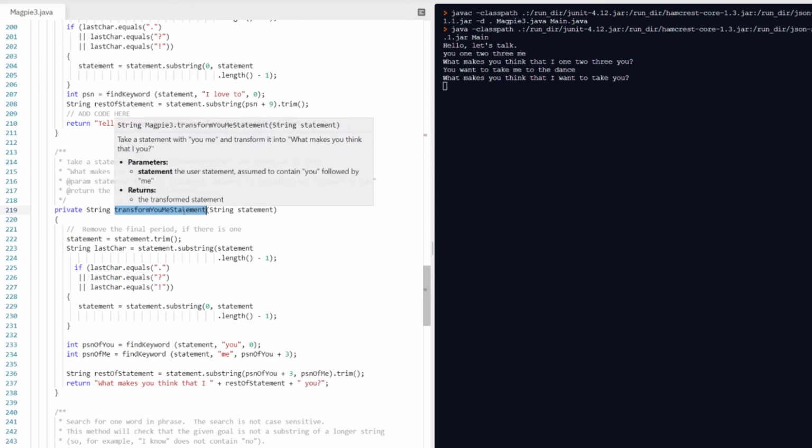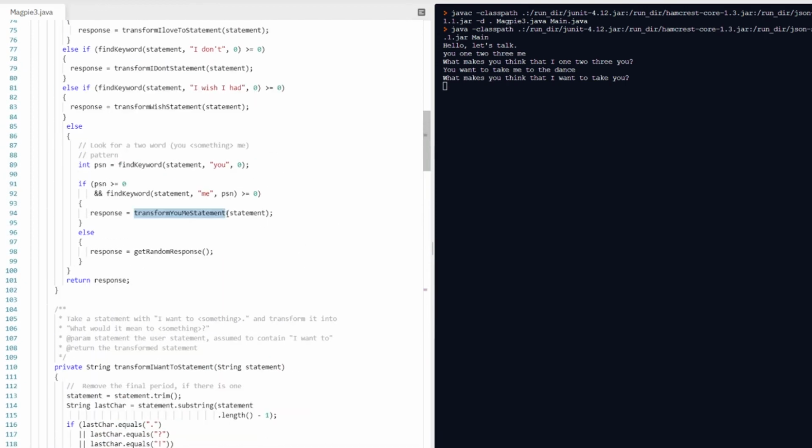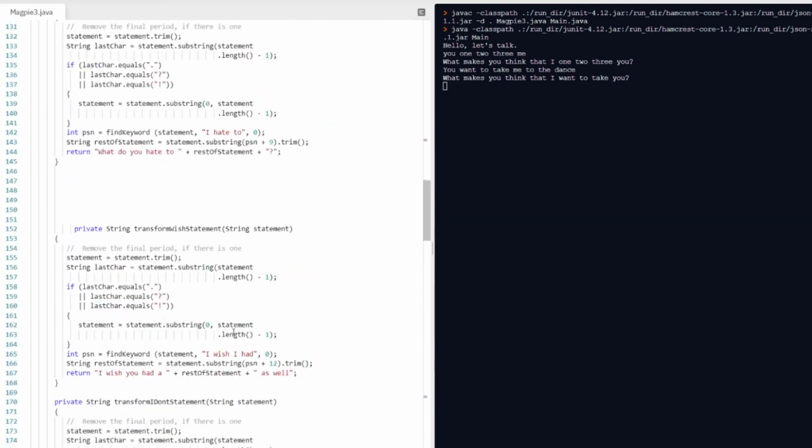If you want to know what the call up there looks like, if we go up here, you can see it is looking for both words. We have to do this a little differently. This could be an else if statement, and we're basically looking for the word you. And if we find you and we find the word me, you and me, then we're going to go to that statement we just wrote down below. Otherwise, we're going to get a random response, and random response is this all the way down at the bottom. So we link back to that first part of code.